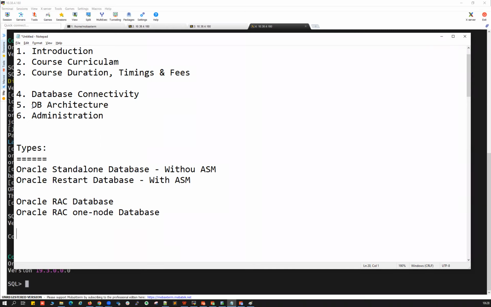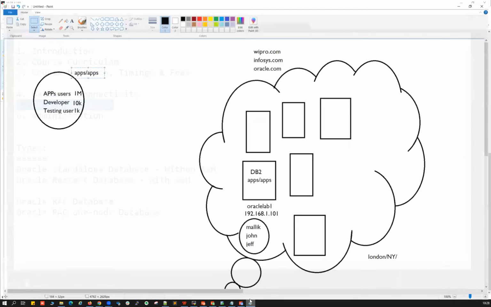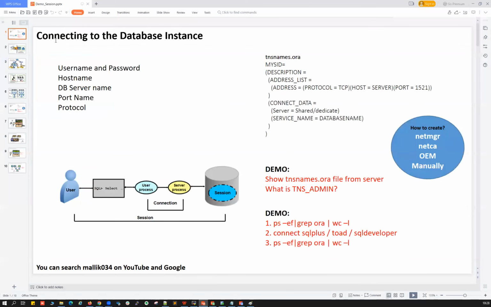Right. That is about the connectivity part, how DBAs connect and how application users are connecting. Let's continue with one or two more topics and then we'll close it for today. That is the connectivity part, what we covered so far. The username, host name, service name, protocol, all those are needed for your end users and they will put everything in the TNS file and they will connect. Again, there are so many other things we'll discuss in detail, but it's a simple understanding of how the connection works.